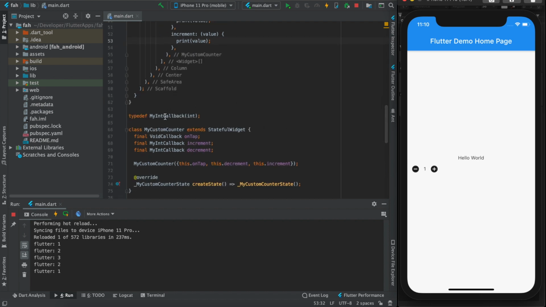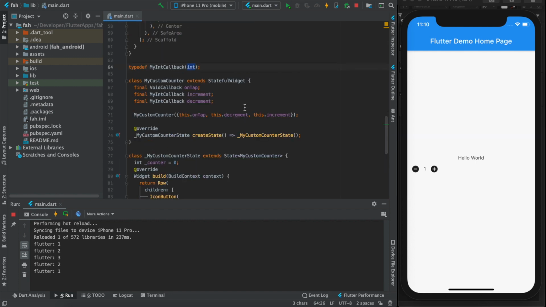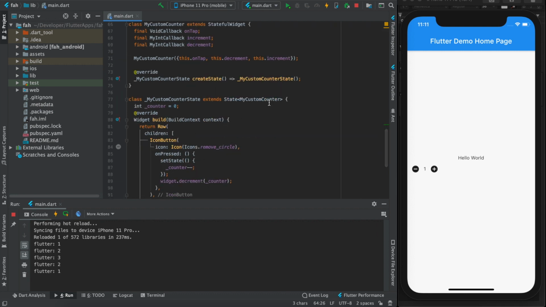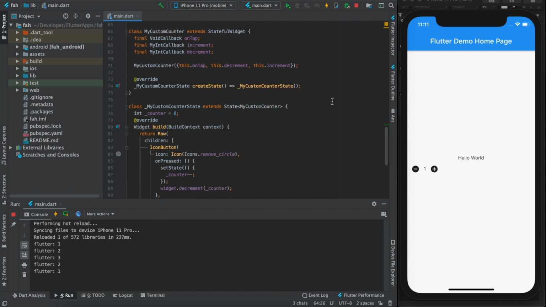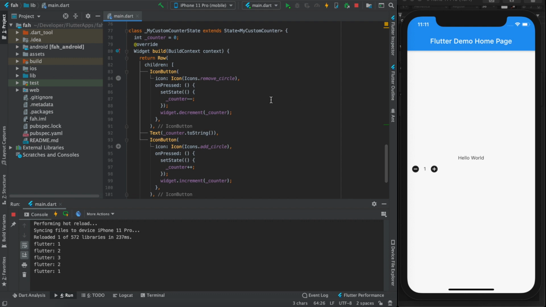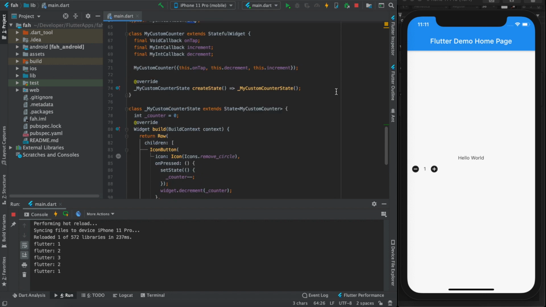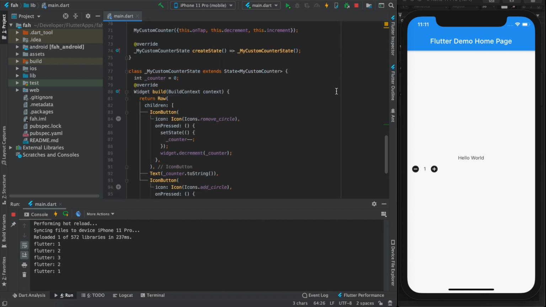So you can write any sort of callback, any name that you want to give, and you can give any return type. So suppose you want to return a complete class object, or a list of objects, or your own custom class, you can just mention it here, and you can use it easily. So this was all for it, and I hope you guys will create awesome stuff. I'll put all of this code into a CodePen, and I'll share the link. So this was all for today.